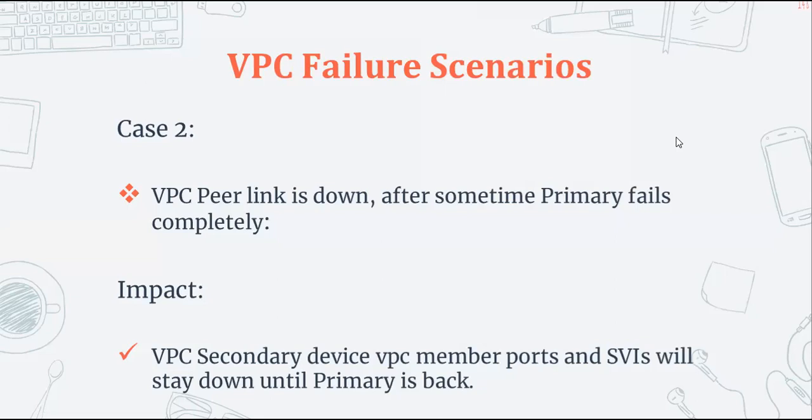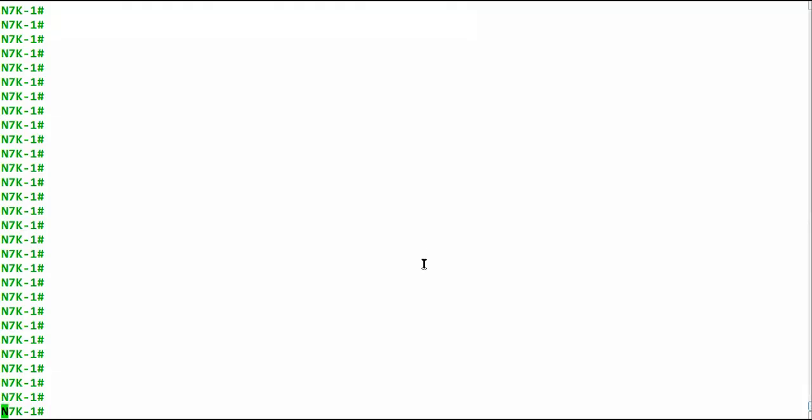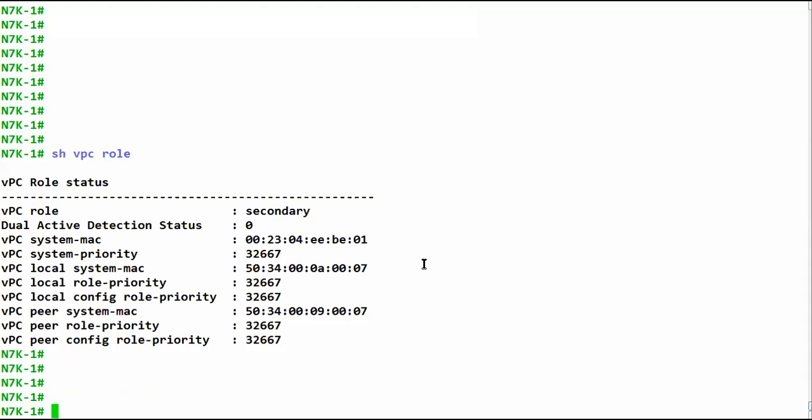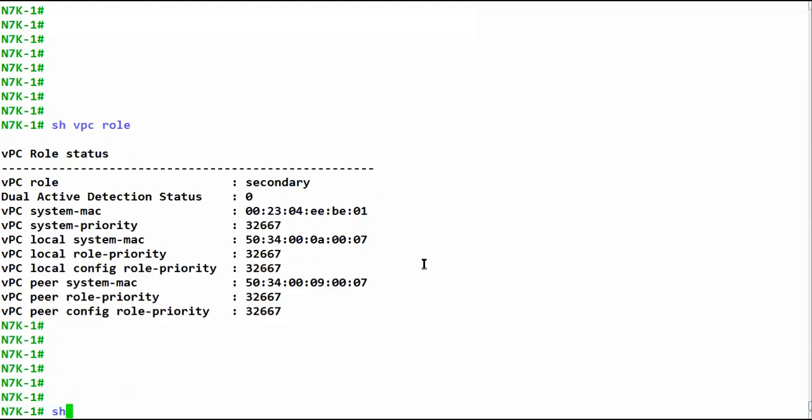So from our previous scenario, our peer link is already down. Now let's make your primary device completely down, and then see the behavior. Okay, let's go back to our devices. So I'm on N7K1, which is the secondary device. And what I have done is I have shut down the primary device. I have powered off N7K2. Now we can see that if we do a show VPC,